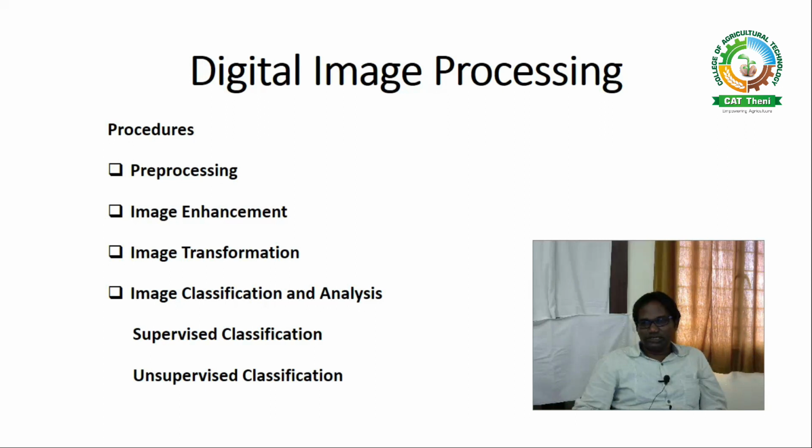Pre-processing involves two corrections. One is the radiometric correction, another one is the geometric correction. Radiometric corrections correct the sensor irregularities and correct the unwanted data. If you have unwanted data in the image, you can delete that data. That correction is called radiometric correction. The second correction is geometric correction. Geometric correction involves the latitude and longitude of the geometric features. If you want to adjust the latitude or the longitude of the object in the image, that correction is called geometric correction.